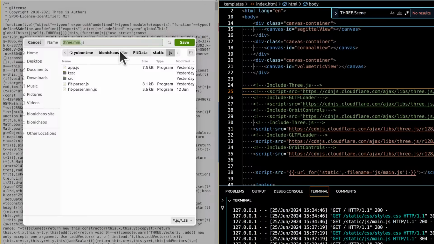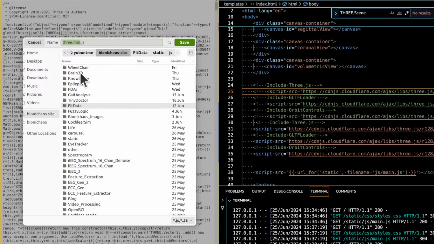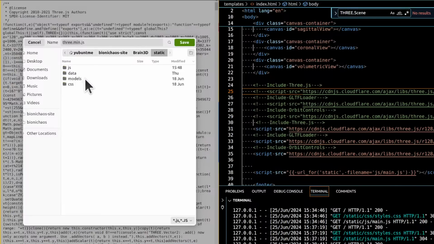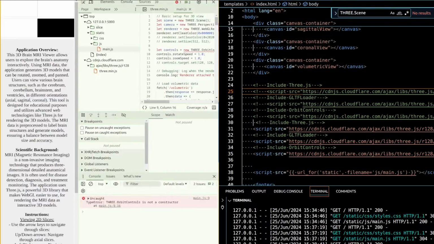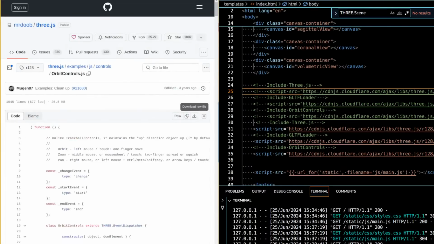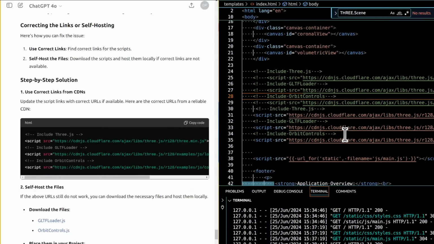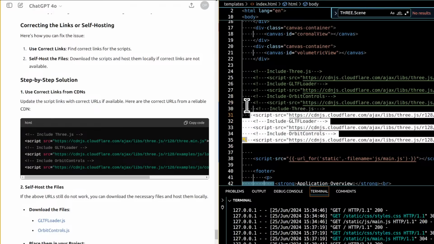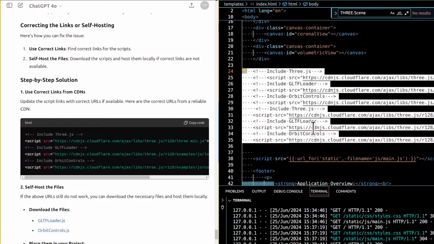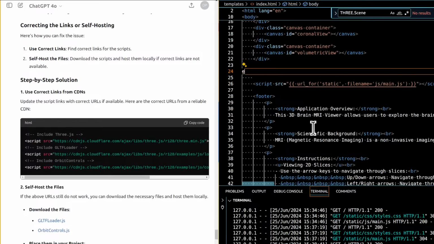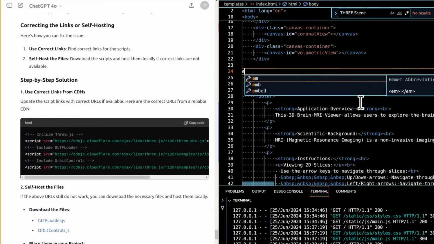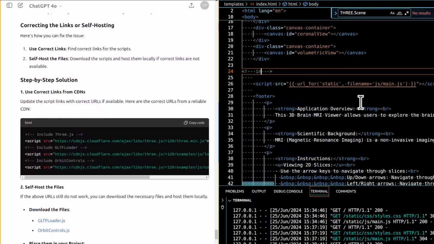Example JavaScript, main.js. Ensure your JavaScript uses the globally available THREE.GLTFLoader and OrbitControls. JavaScript function loadSkullMesh: const loader = new THREE.GLTFLoader; loader.load path to skull model.gltf, function gltf, scene.add gltf.scene, undefined, function error, console.error. Example of setting up the scene, camera and renderer: const scene = new THREE.Scene, const camera = new THREE.PerspectiveCamera 75, window.innerWidth / window.innerHeight, 0.1, 1000, const renderer = new THREE.WebGLRenderer, renderer.setSize window.innerWidth window.innerHeight, document.body.appendChild